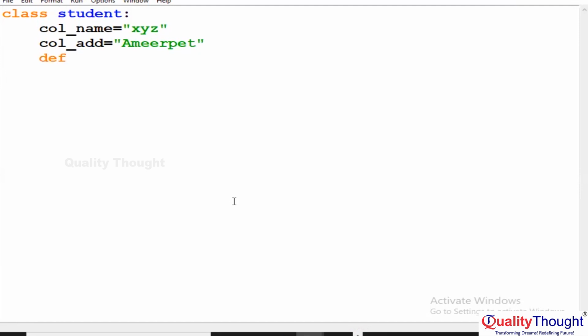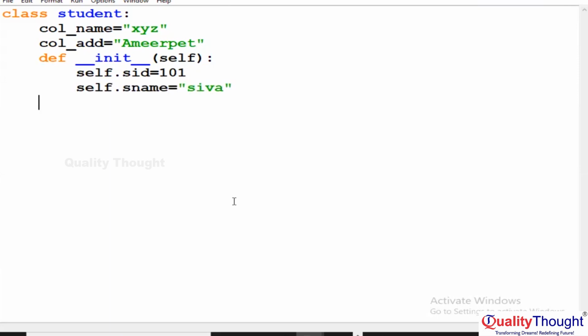I'm defining constructor, self dot student ID, self dot student name. Now I'm defining one method, student underscore info, print self dot student ID,